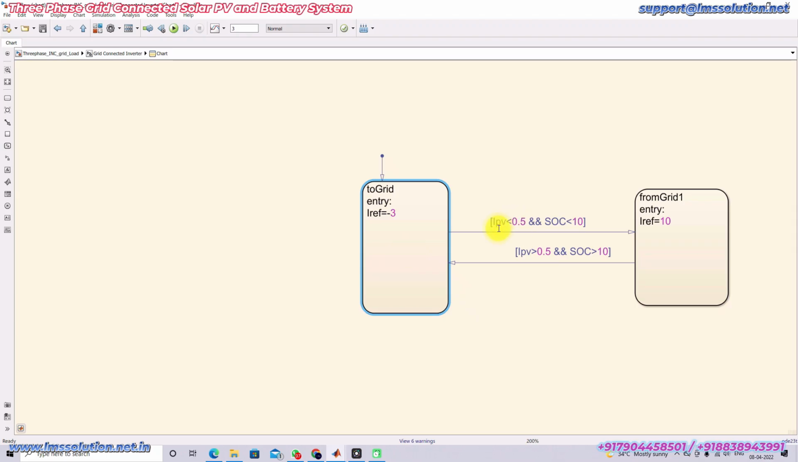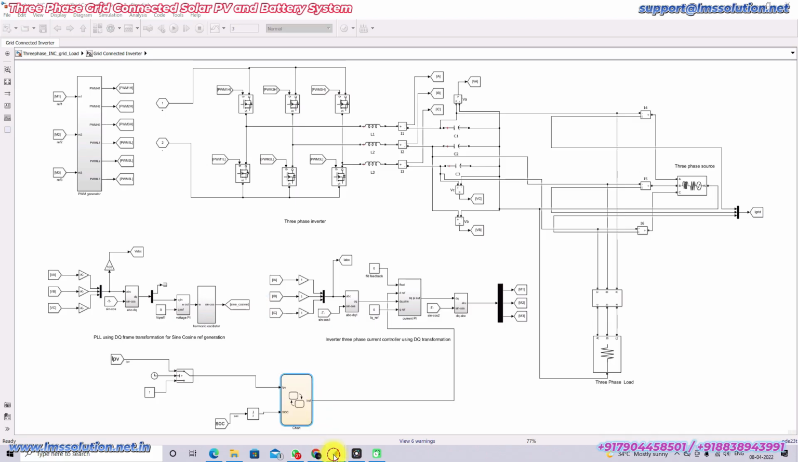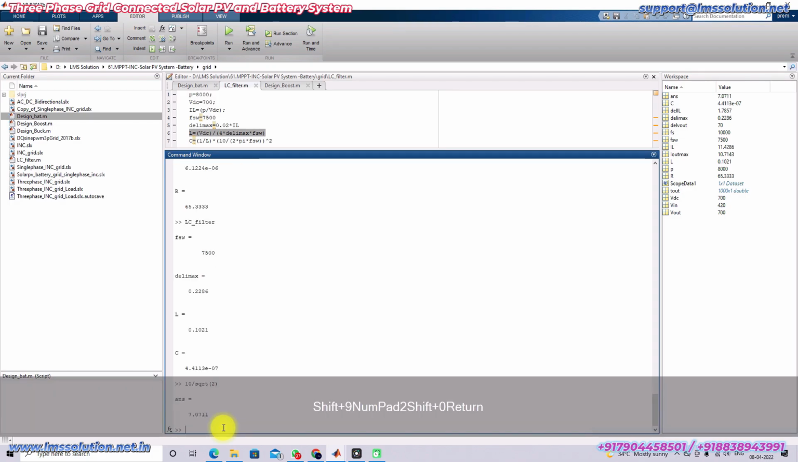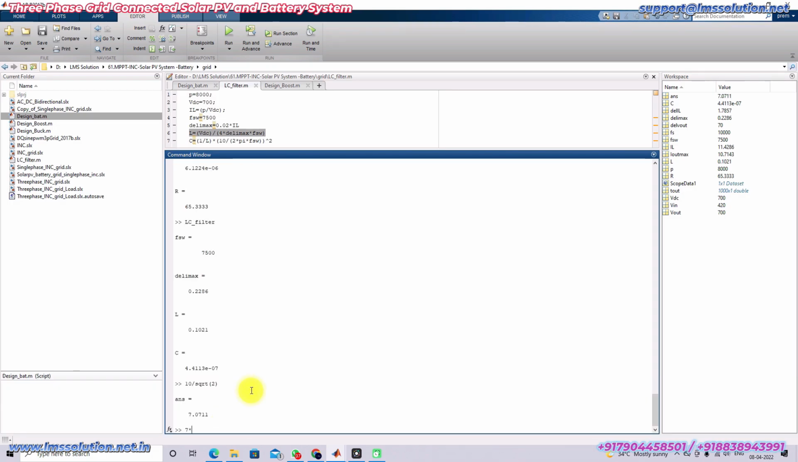So in this condition, if IPV is less than 0.5 and SOC is less than 10, then we are getting power from the grid. If IPV is greater than 0.5 and SOC is greater than 10, then we are sending power to the grid with the reference current of -3. So 10 divided by root 2 is around 7 amps. So 7 into 230 into 3. So totally we are taking power from the grid of around 4830 watts